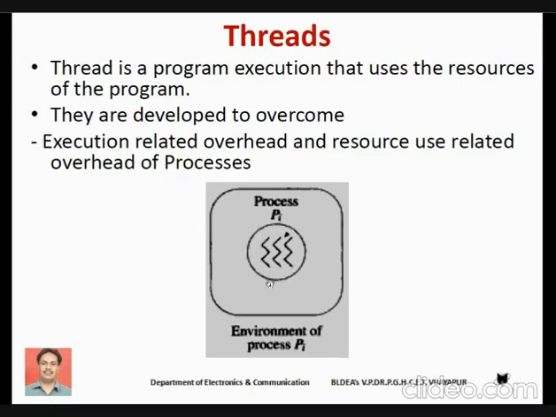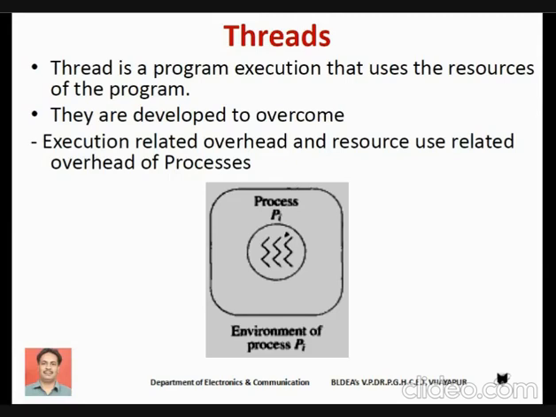Generally, we indicate a process by using a circle. Within this circle, we are finding some crossed lines. Actually, these lines are nothing but threads. Can you tell me how many threads we have in this process Pi? Anyone? How many threads are visible? Three. Yes, we have a total of three threads. It means we have three different parts within this process which can be executed either concurrently or in parallel.